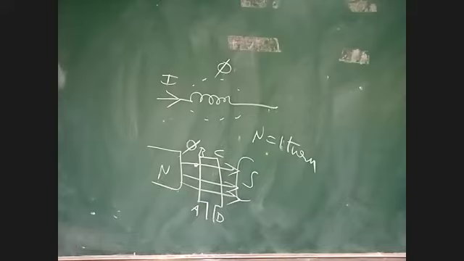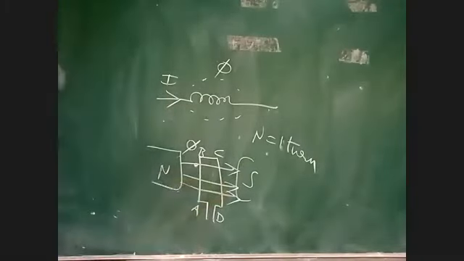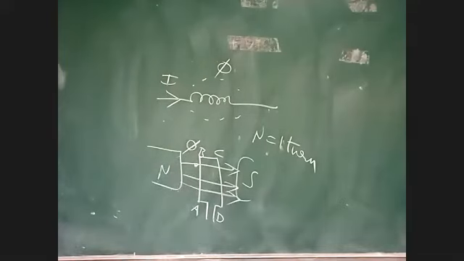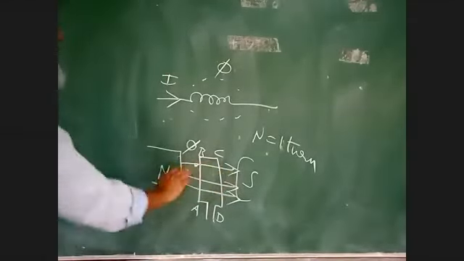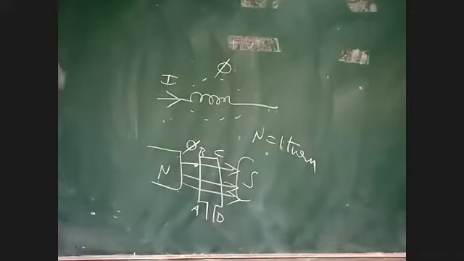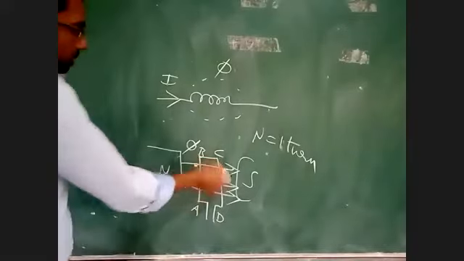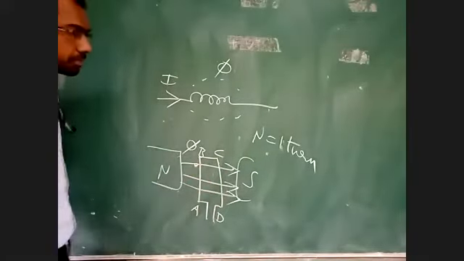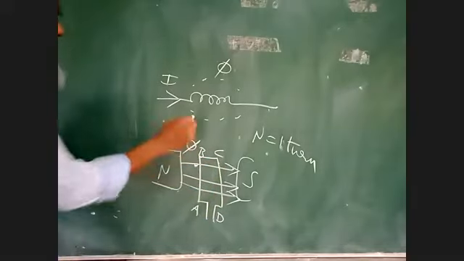Now this coil, what I am doing is, I am rotating this coil. Where am I rotating this coil? Rotate this coil. After half rotation, AB comes this side, CD comes that side. One full rotation, again AB comes this side. Now I am rotating in the magnetic field, ABCD. ABCD is the coil. I am rotating this coil in the magnetic field.